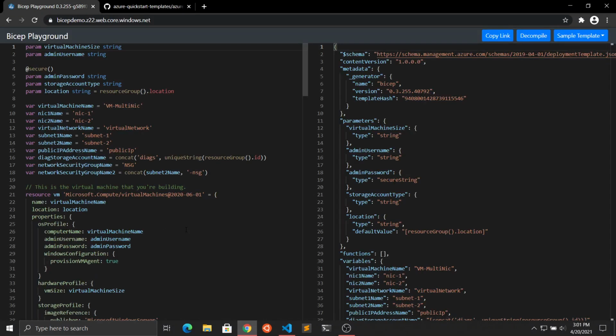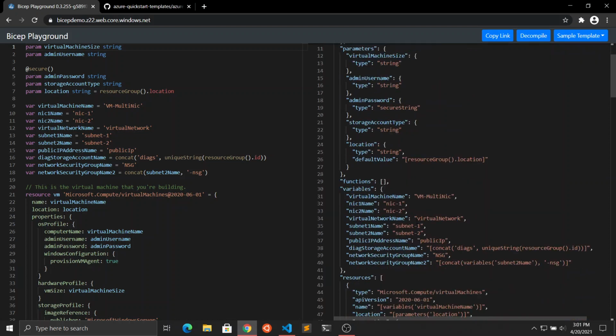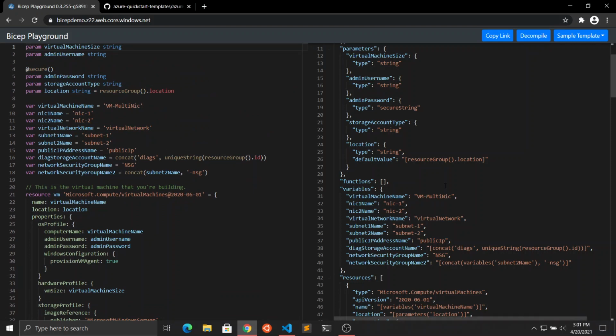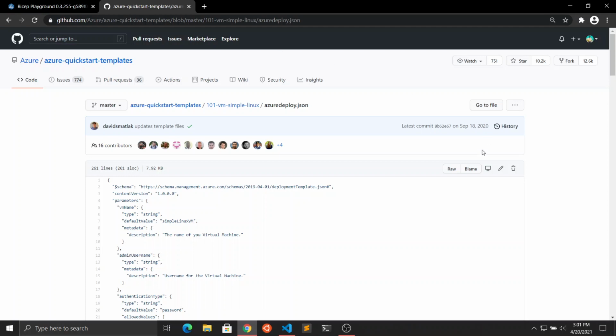Okay. So as you can see here, to the right is the regular ARM template, and to the left is the new Bicep format. Here you can upload your ARM template code and get it converted to Bicep. If you have it on a local machine, it's okay, or even if you have it on your GitHub, it's fine. We can use a raw link to